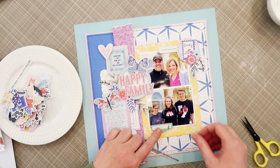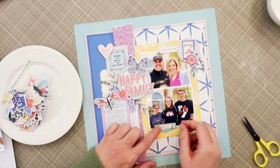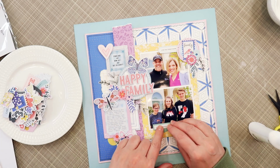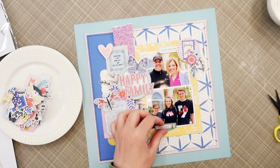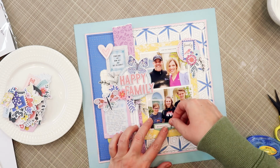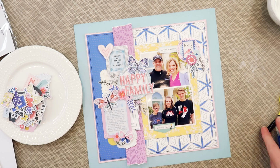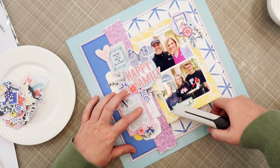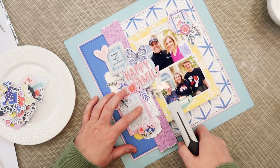Now on that yellow floral photo block, you can see that I've decorated the top right hand corner, and when I looked at the bottom portion, it looked a little bit blank. So I went back to my cardstock die cuts and I found this tab die cut. So I added a little phrase to that as well, and I'm going to adhere that at the bottom of the photo. I didn't want it to look like it was just floating there, so to speak, so